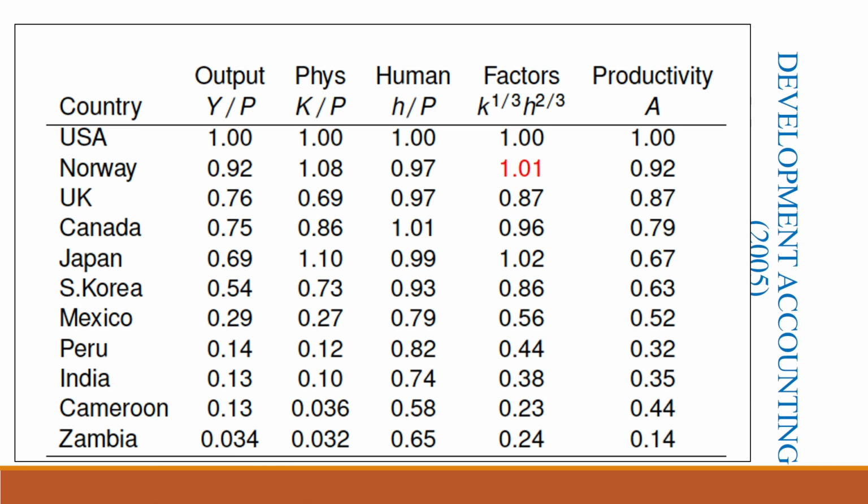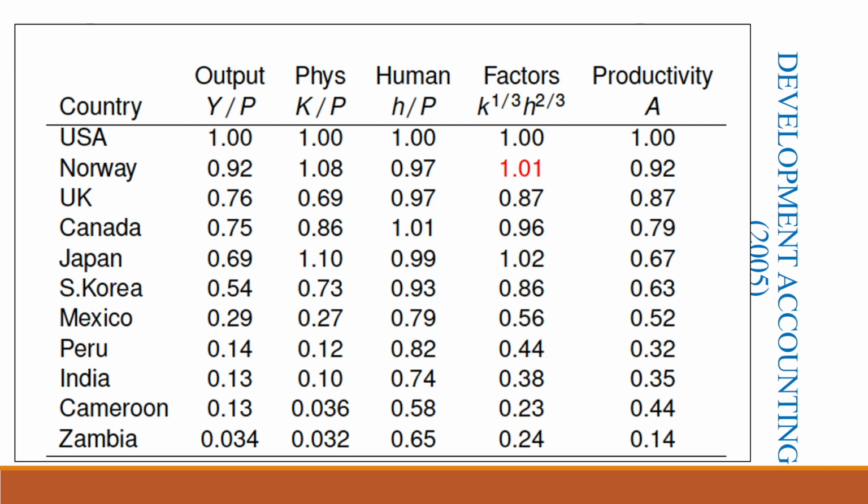Okay. For Norway, this is marked in red because this is one value that is higher. Well, similarly it is for Japan when we consider the factors column. Otherwise, in all other cases, all the values are less than 1. So, compared to US, it is only Norway and Japan that is doing better, or was doing better in the year 2005 when it came to the factors combined, right. So, similarly here you can interpret the rest of the numbers, right.